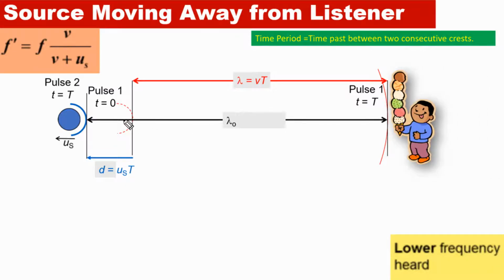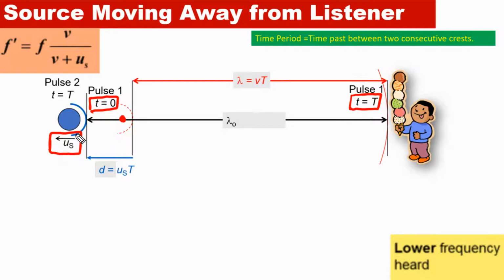If you have observed this animation carefully, you must have seen that at the beginning, at time t equal to 0, the source was at this point and was moving to the left with speed u sub s. When the source was at this point, it produced pulse 1 at time t equal to 0, and this pulse continues moving to the right and reaches the listener after time t equal to capital T. But in the same time, the